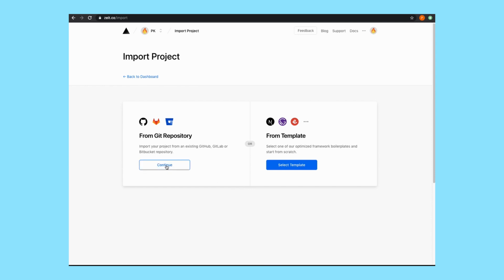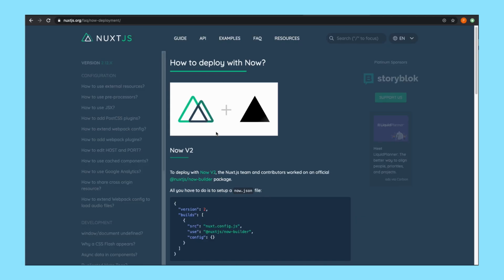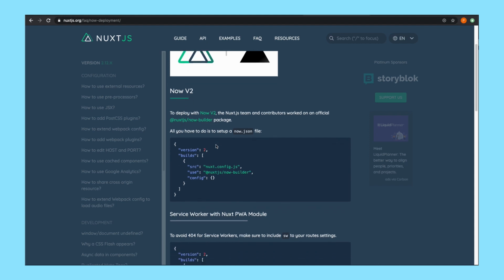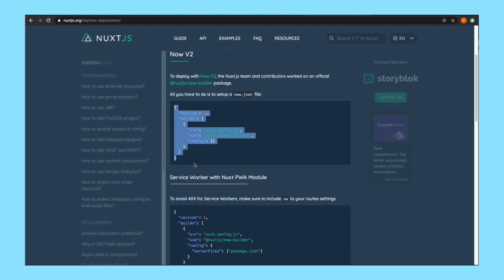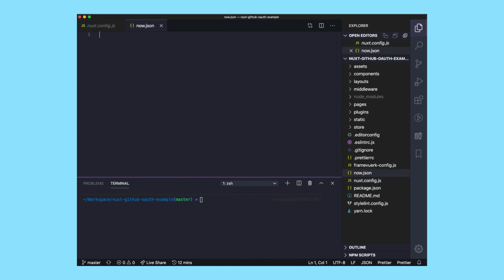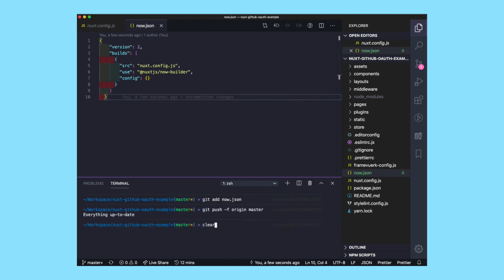You typically pull in your GitHub repository onto it, and then the UI showed this drop down where you could select which framework you were using, which is pretty cool. Nuxt.js was there. It picked up the default build and start commands from my package.json directly. I had to, however, add a now.json onto my project. This now.json uses something called nuxt/now-builder. So I found documentation for this and followed the documentation. I cannot say that I understand completely what's going on with this integration between Now and Nuxt, but it did not give me a lot of problems, so I just went ahead with it.